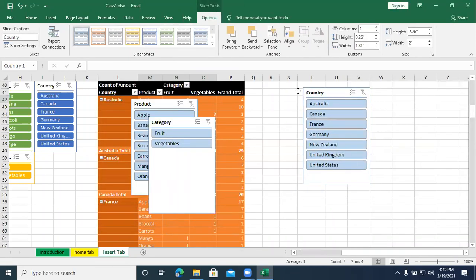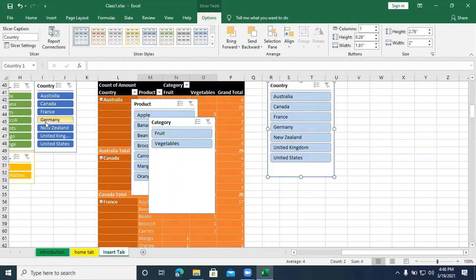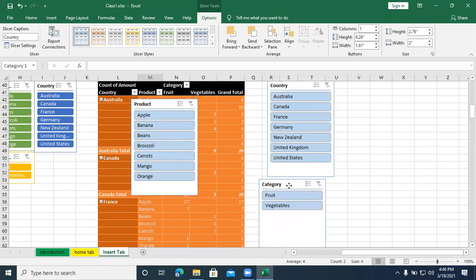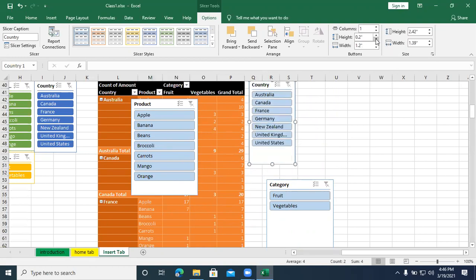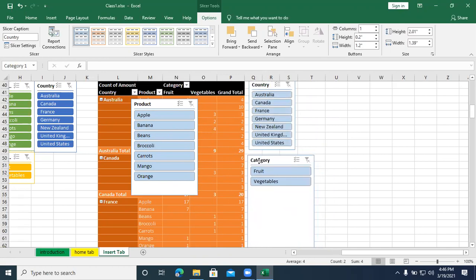See, the same thing appears here, but if you click on the slicers which were already applied, they will not be applicable for the pivot table. That's why I'm inserting again. Arrange the slicers, change the color for the slicer.